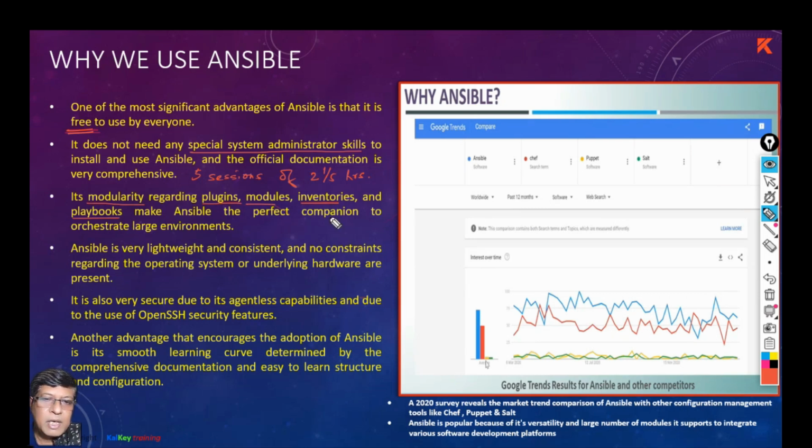So it is a perfect companion to orchestrate a large environment. If there are hundreds of hosts you have to manage and configure with Ansible, you can do it. It is a cakewalk, because Ansible itself is a robust system. Another big advantage is that it is very lightweight and consistent,